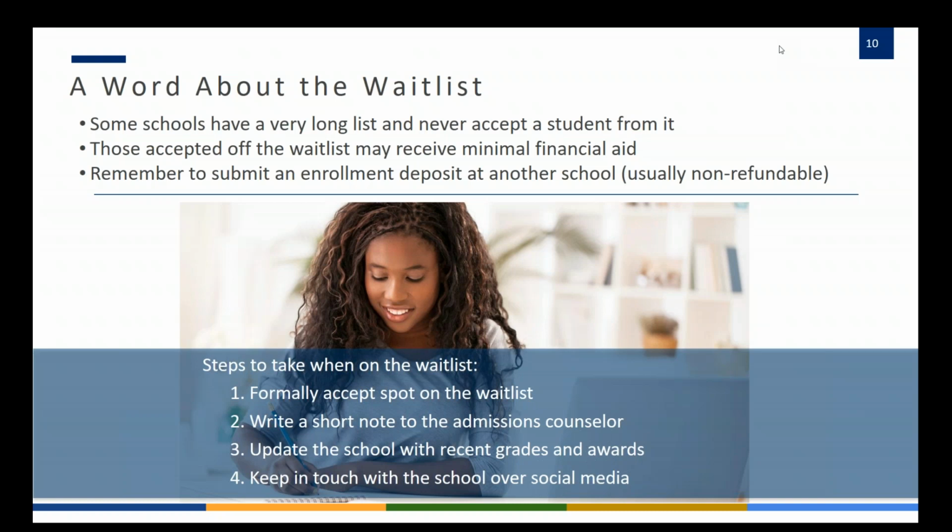But once they've considered all of these ramifications and the student is still interested in the school and thinks they'll be able to make it work financially, they should formally accept their spot and continue to be in touch with admissions to show that demonstrated interest in the school. If they have any recent grades or test scores or awards that might help boost their application, they should be in touch, as well as over on social media, Instagram, Twitter, and those sorts of things. So it doesn't hurt to let the school know that they're still excited and very interested in attending.